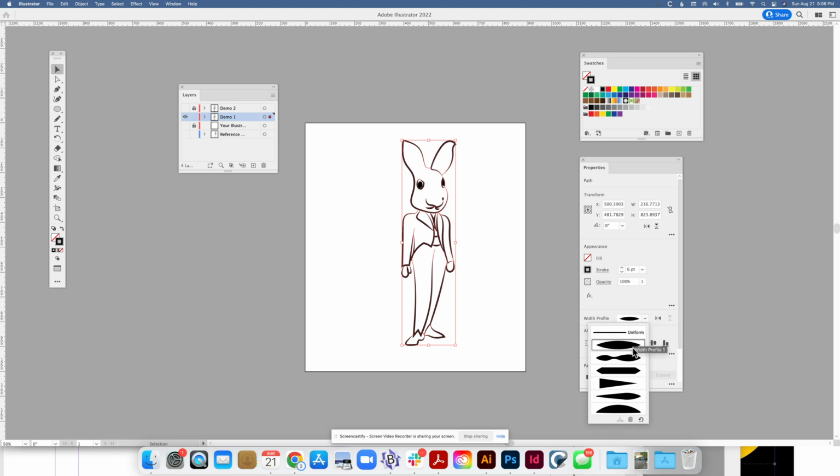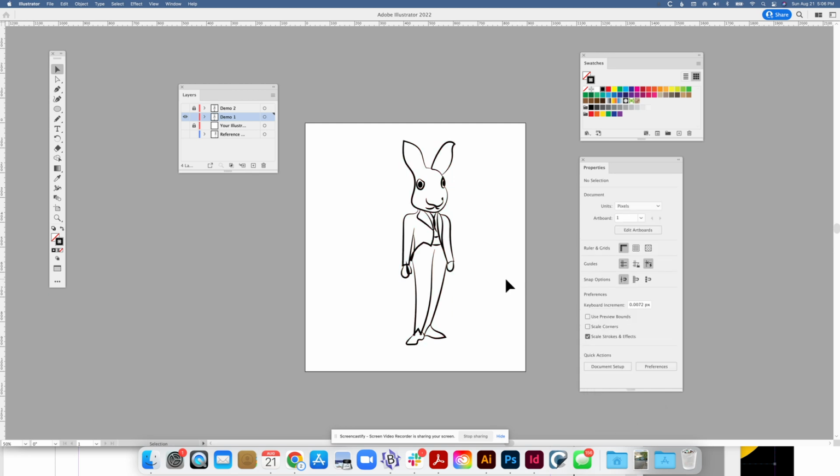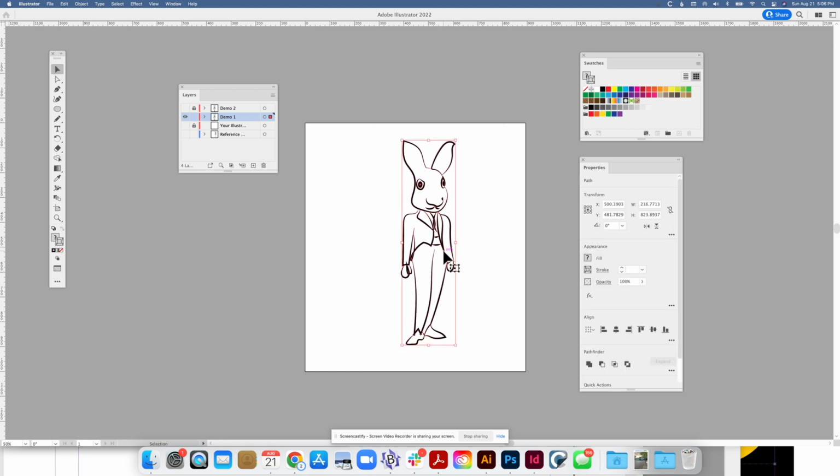Now, you can continue to go down and change the type of stroke profile, but it is a really great way to take a look at how line quality is such a defining element in an illustration. So if I were to take this one here, and I'll move it over here so they can sit side by side,